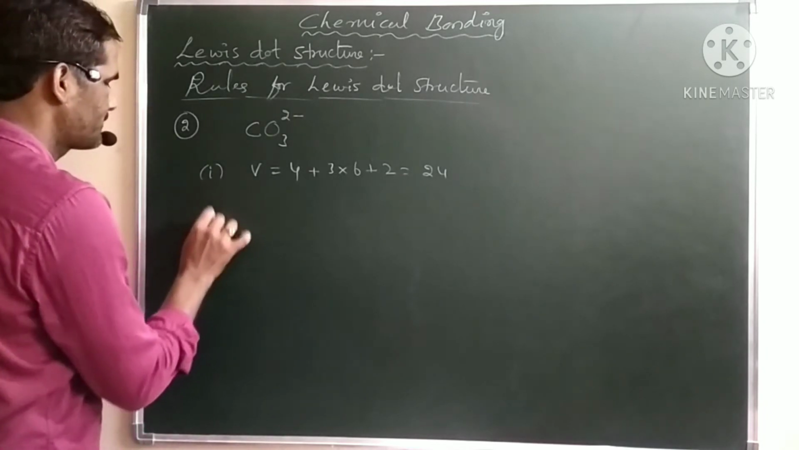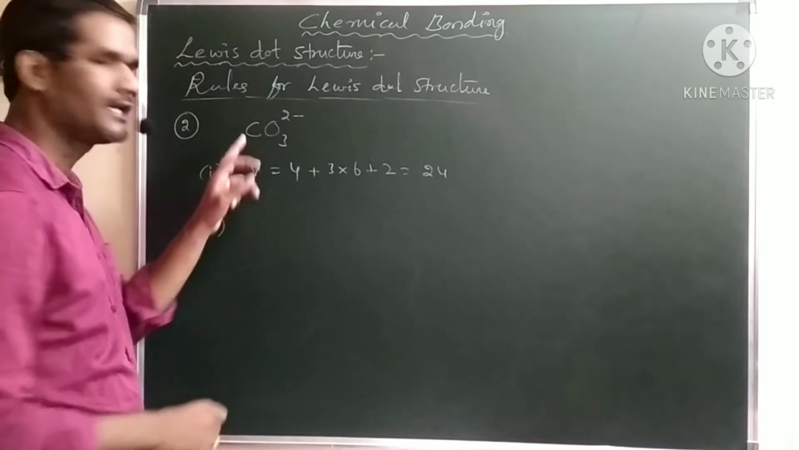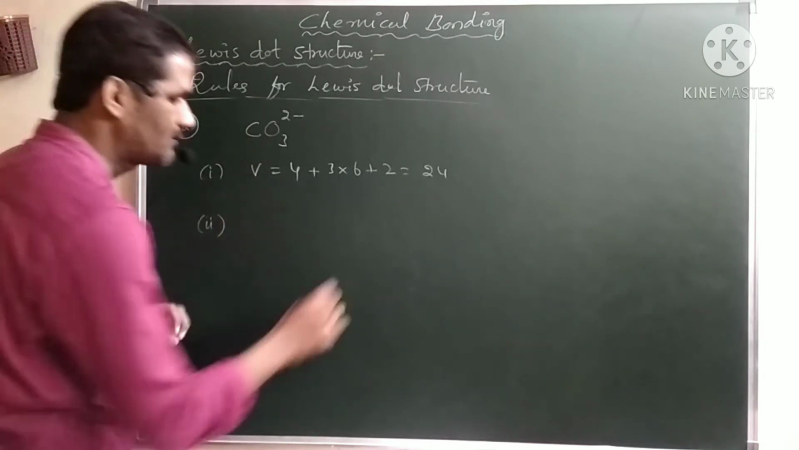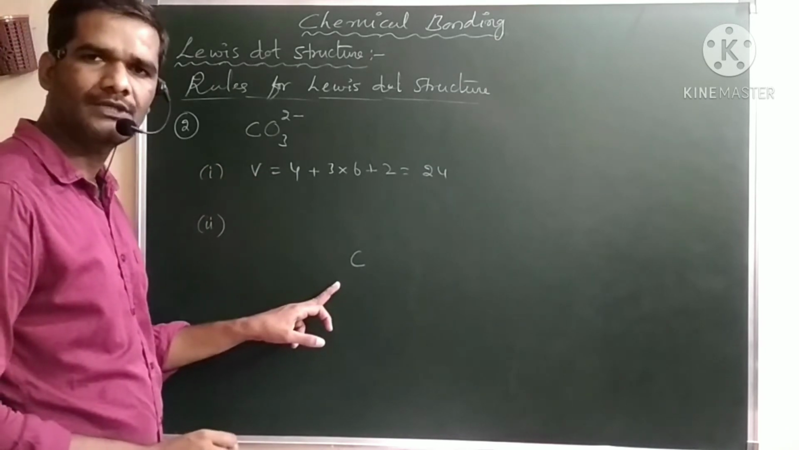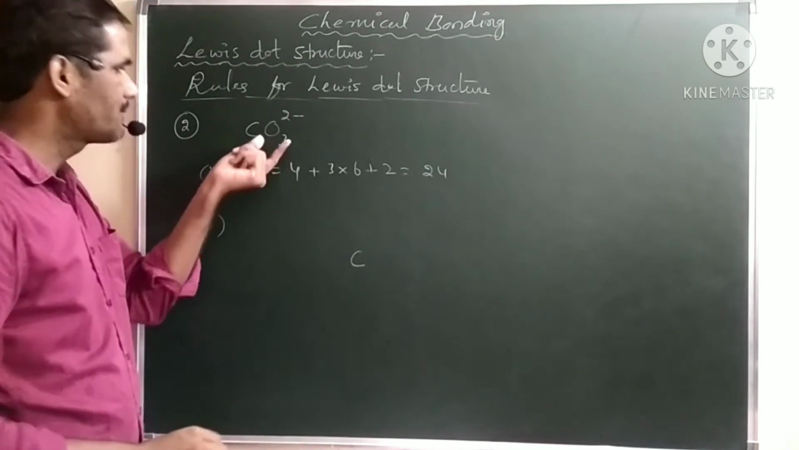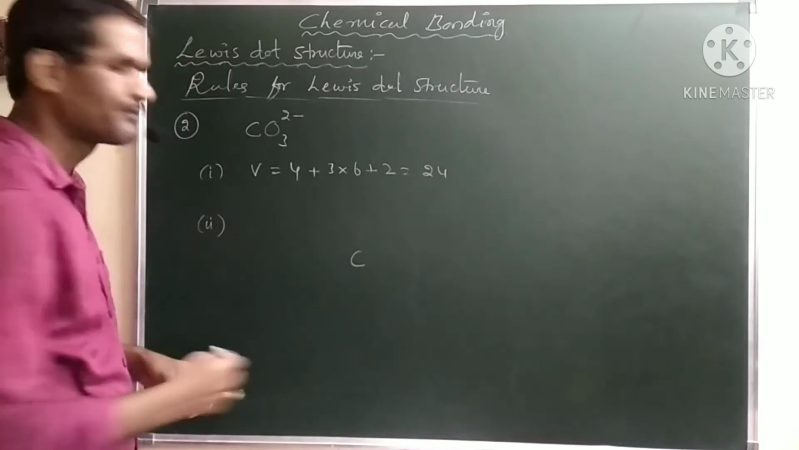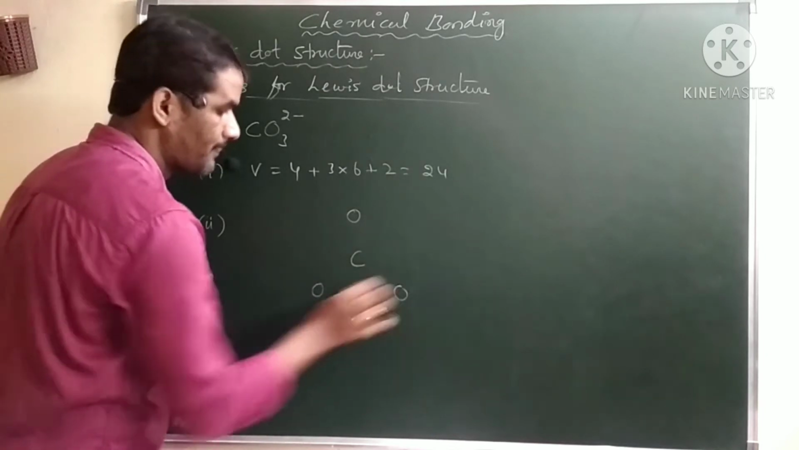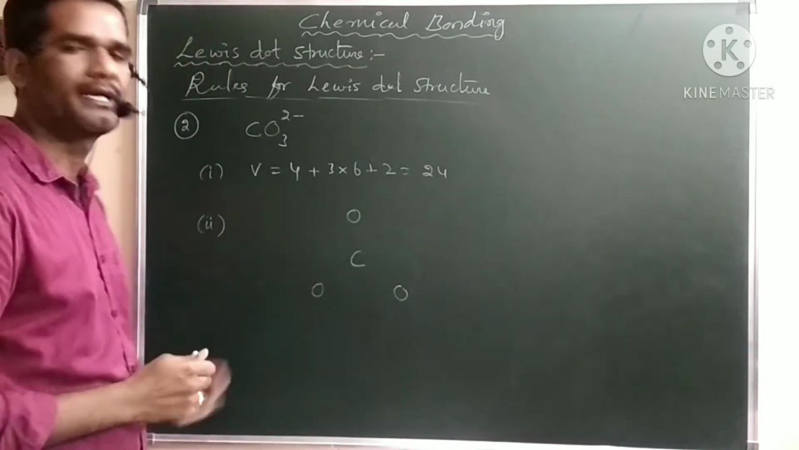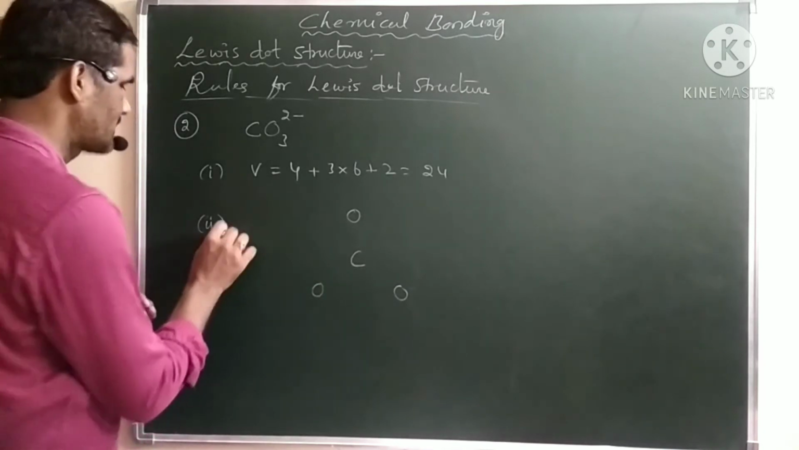In the second step, draw the skeleton structure by keeping the least electronegative atom in the center. So out of carbon and oxygen, carbon is the least electronegative, at the center. The remaining 3 oxygens we have to keep around the carbon in an even, that is a symmetrical, manner. So this is the most symmetrical representation. This is the skeletal structure. Next, in the third rule,